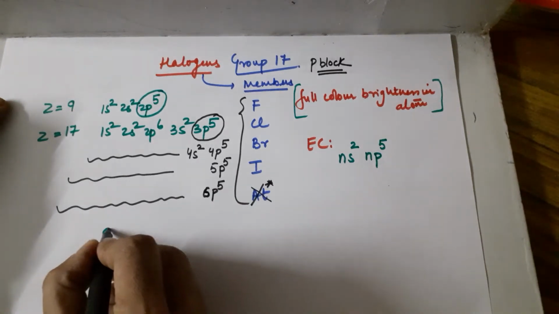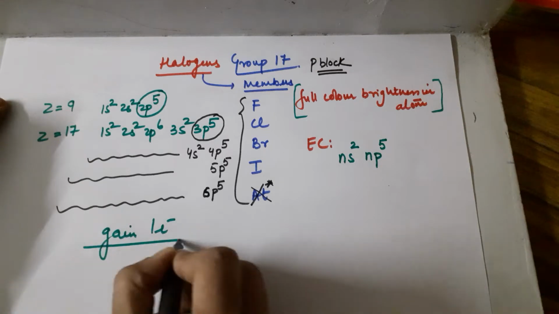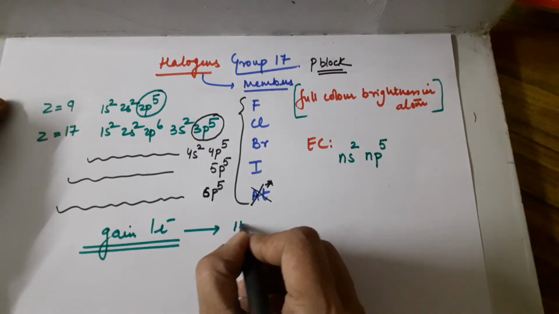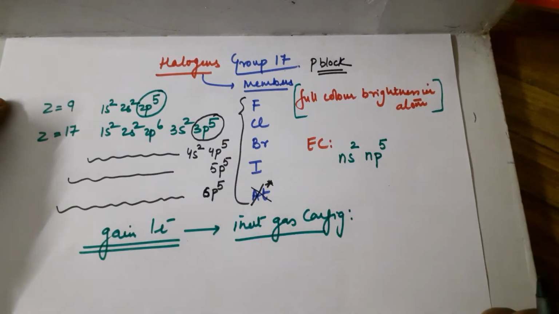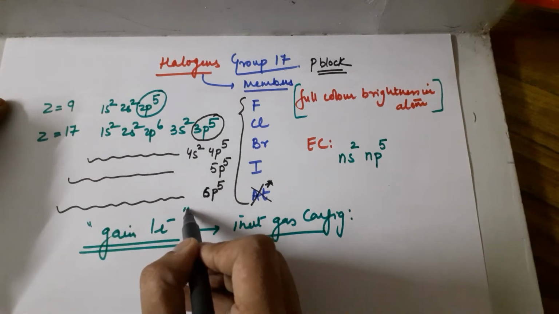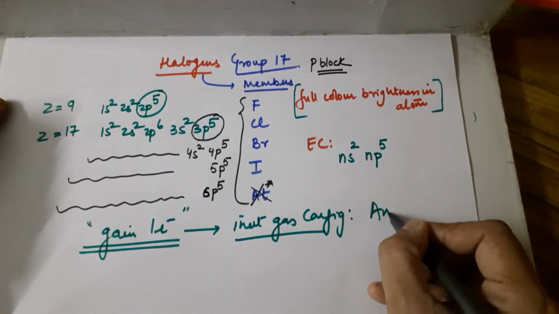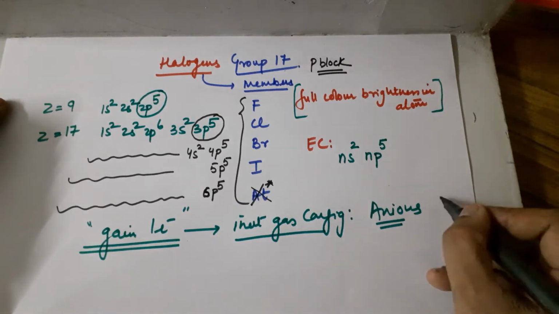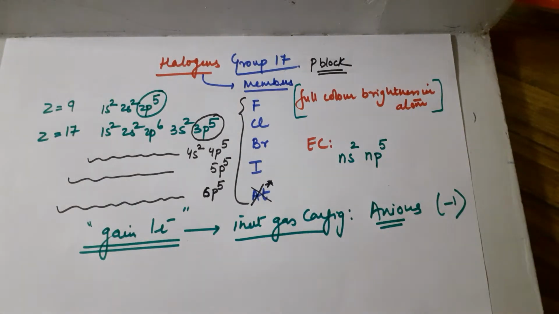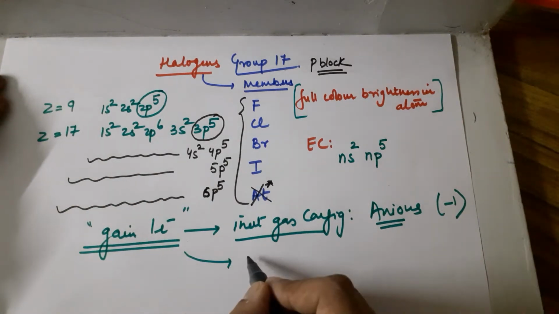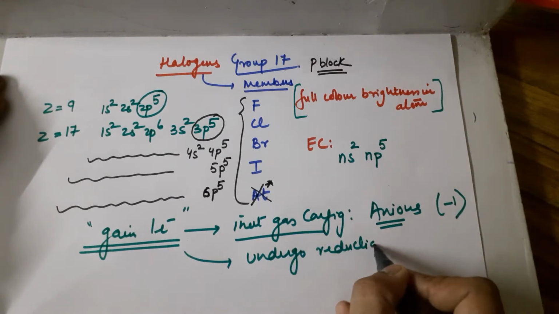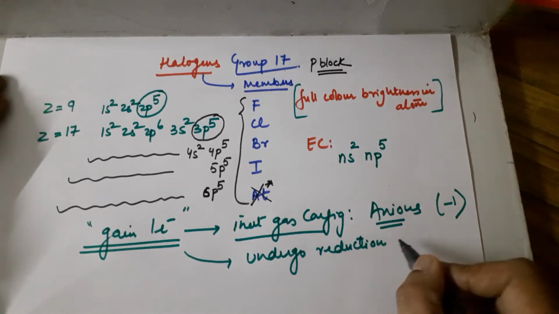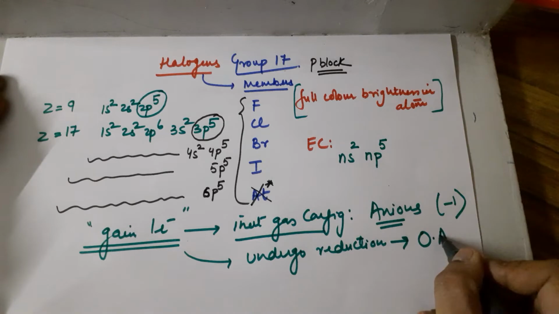that is, they have a tendency to gain one electron so that they achieve the inert gas configuration, that is the noble gas configuration. Since they have a tendency to accept an electron, they generally form anions by accepting one electron, that is, -1 is the common oxidation state for all the halogens. Since they accept electrons, they themselves undergo reduction. By accepting the electron to become the noble gas configuration, since they undergo reduction, they act as very good oxidizing